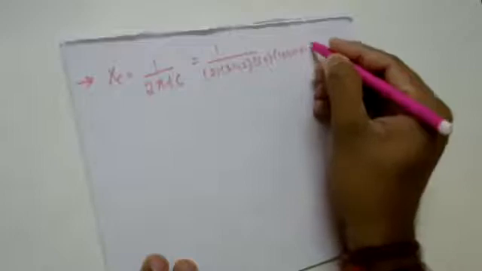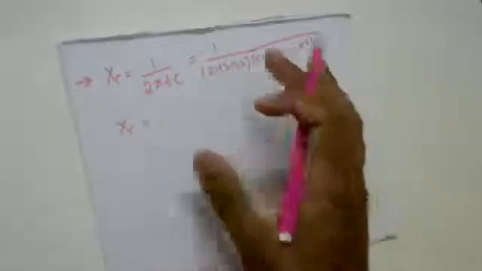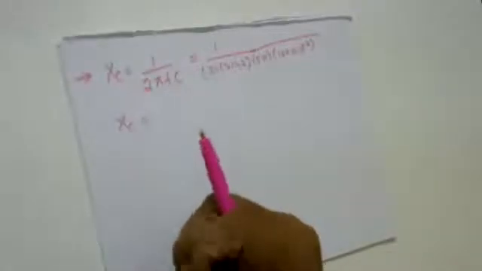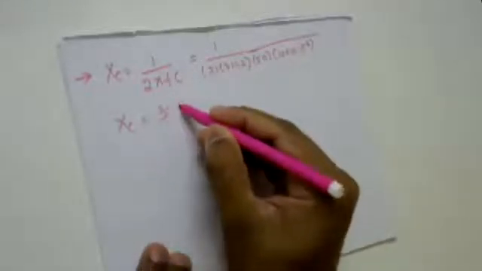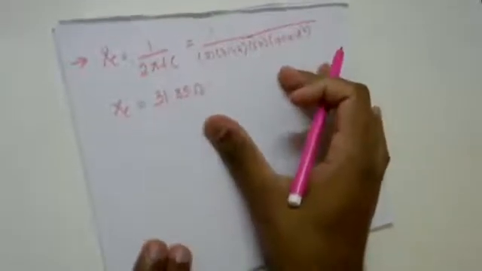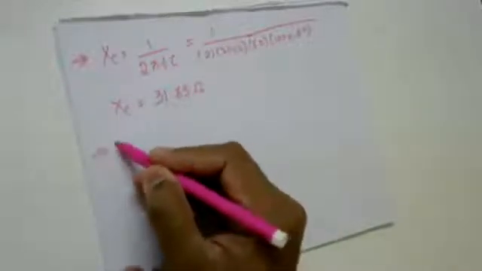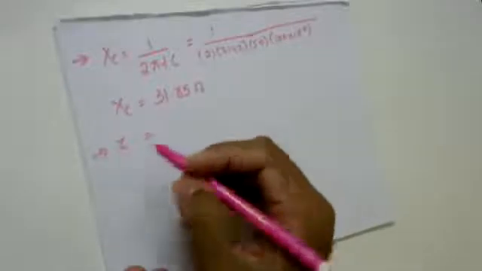10 raised to minus 6. So what is the value of Xc? Good. 31.84 or 85, whatever you suggest in the column. 31.85 ohm. Okay. Then once I know the reactance, impedance of each phase can be defined as